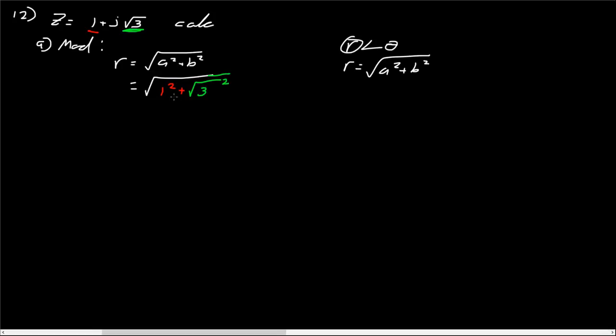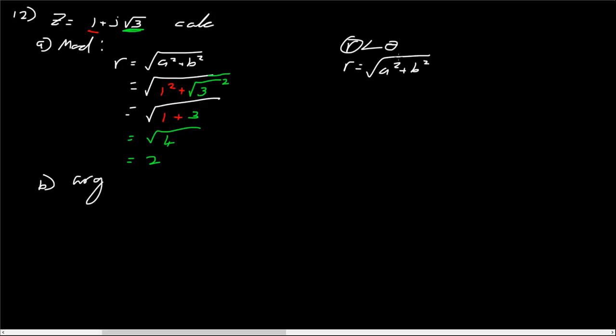Let's simplify that out a little bit. That is equal to the square root of 1 plus 3, because root 3 squared is 3. So that's equal to root 4, which is equal to 2. So r is 2. The next part of the question is B, where they say calculate the